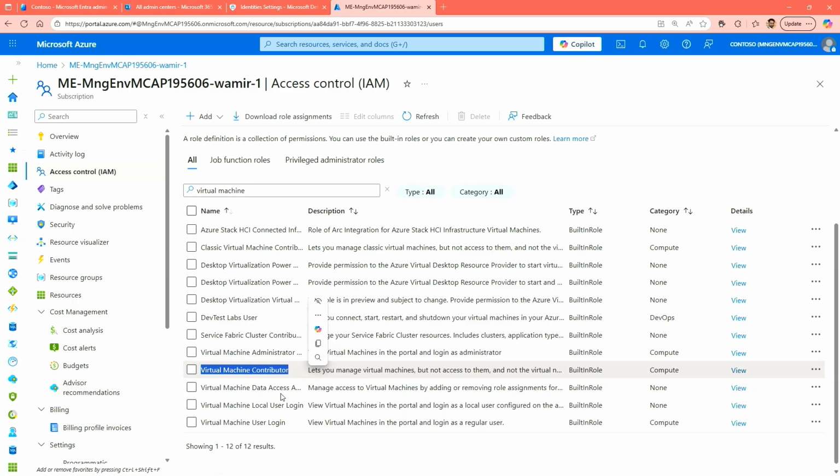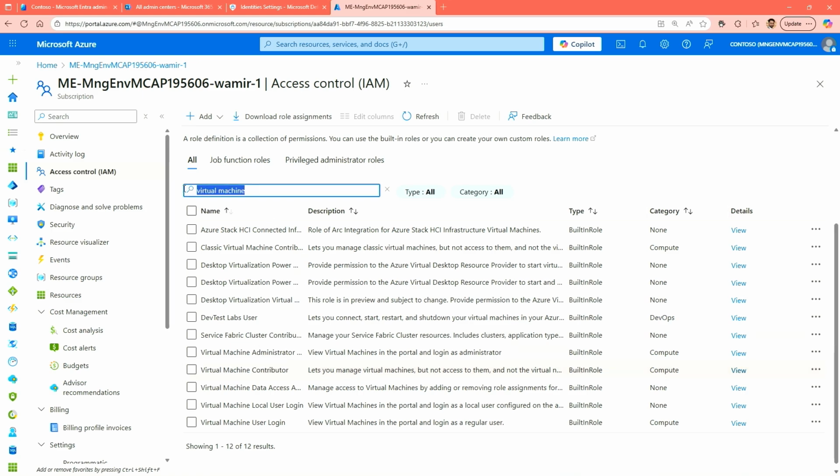If I need to give you the ability to manage the resource, not just logging in, but also managing it in terms of switching it on and off and adding different resources to it, then again, I could assign that to you. Now, like I said, this is a more specific role. It's not a general role, it's a compute role that I'm assigning to you, so it becomes more specific for a need that I have.